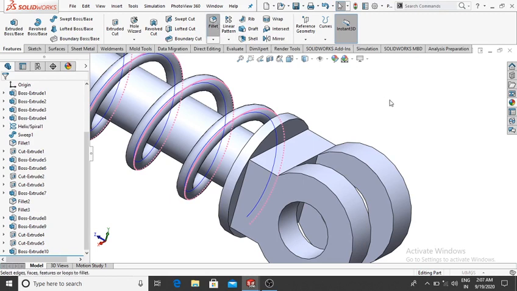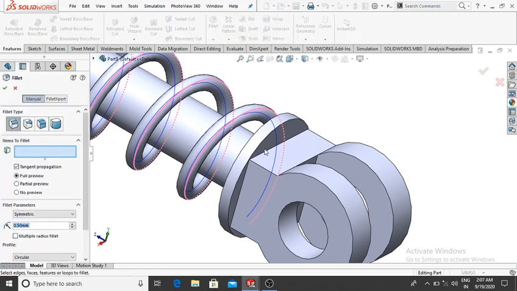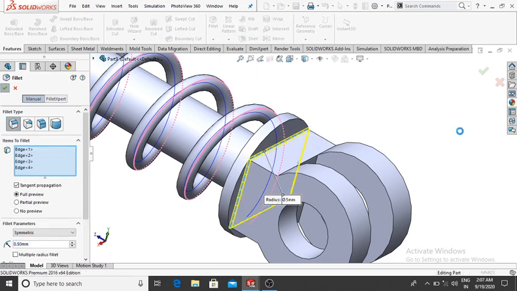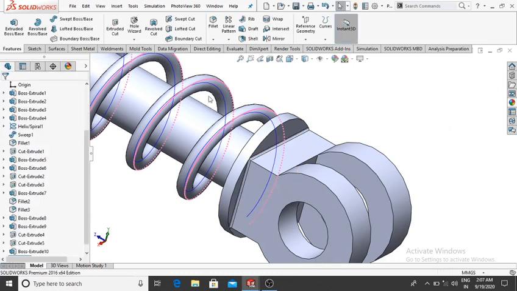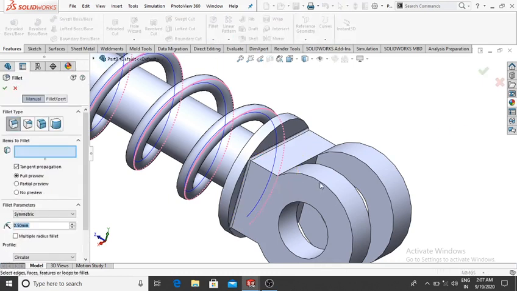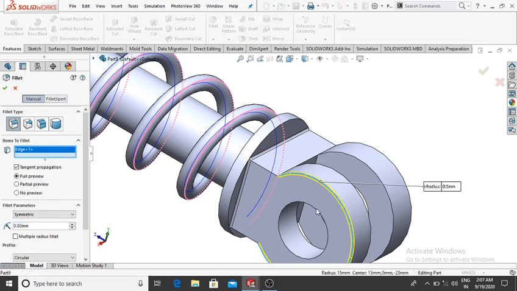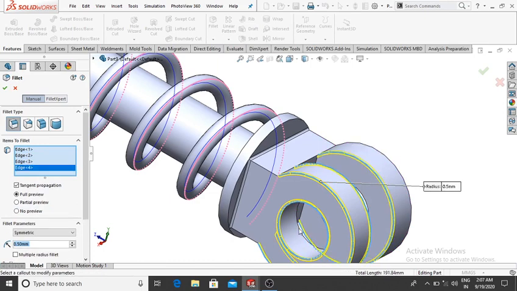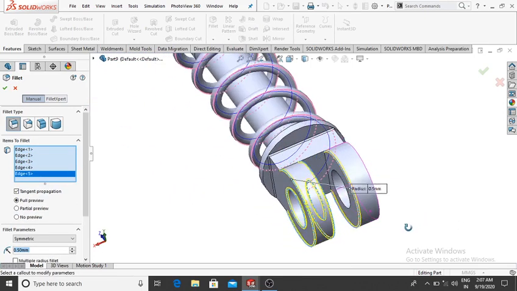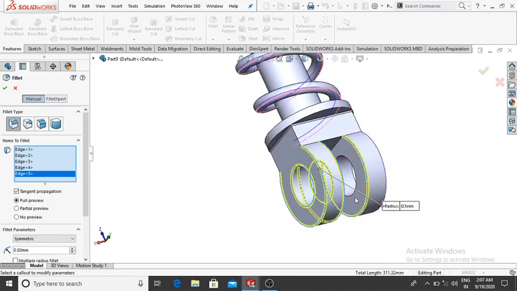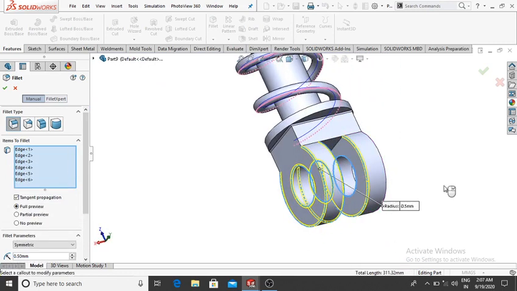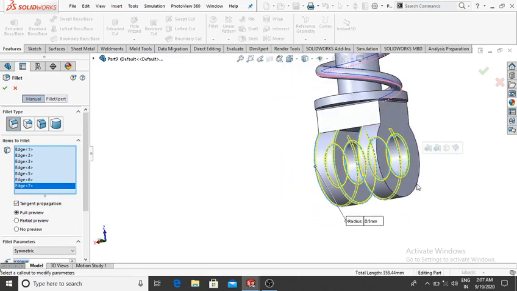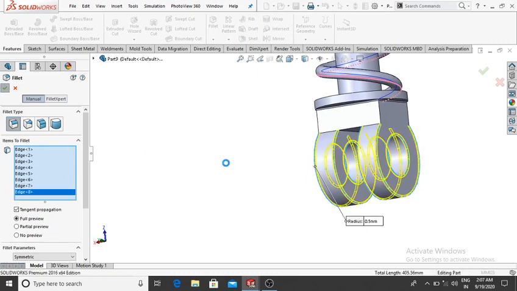Now here go to the fillet and make the fillet 0.5 and again select fillet and select all circular edge. Select this then OK.